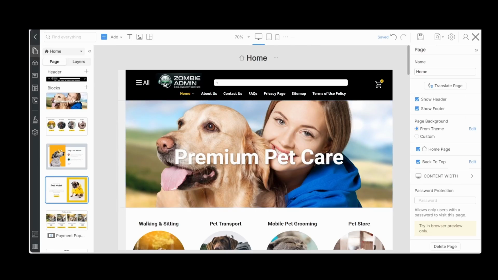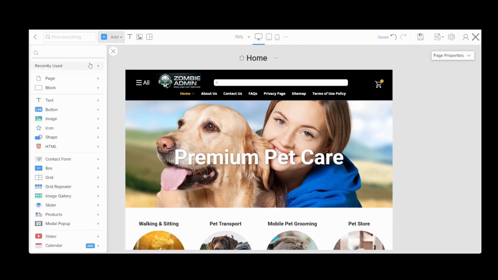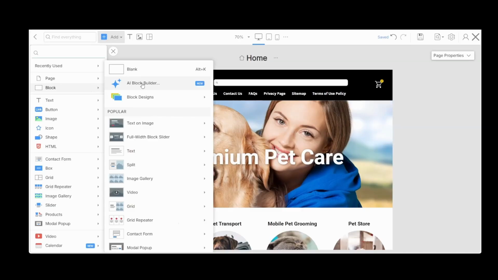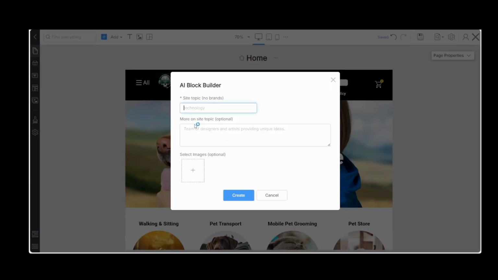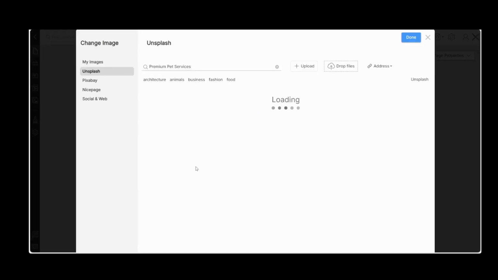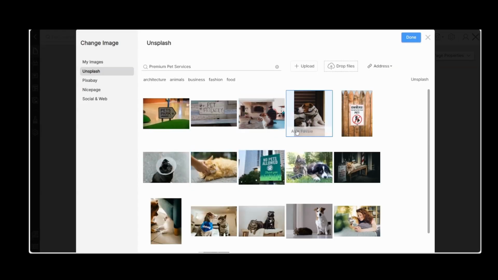And let's go back to blocks. Let's add, and let's go to blocks, and let's try the AI block builder. I have not tried that too much, so we'll try that there. Let's copy and paste this into here. Let's add some images.